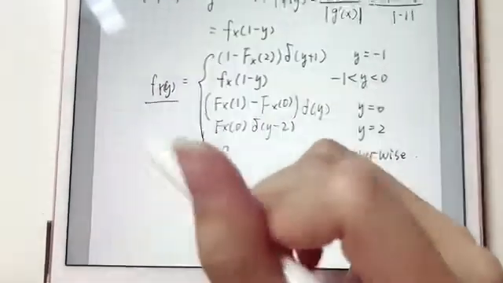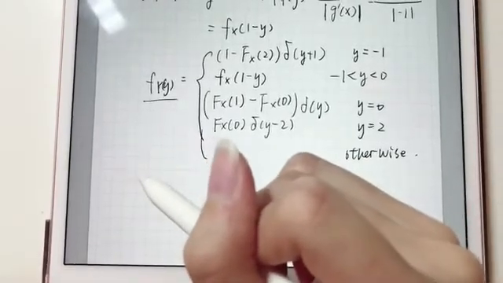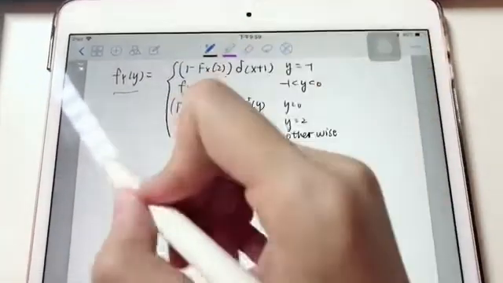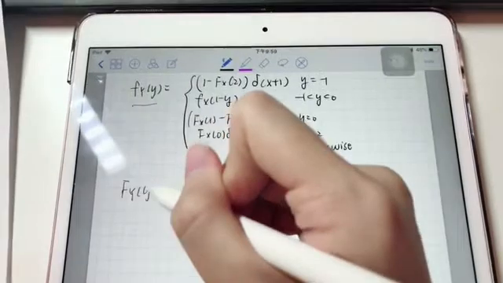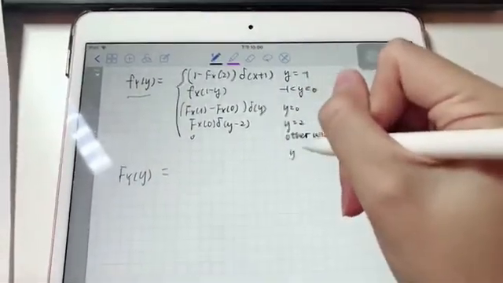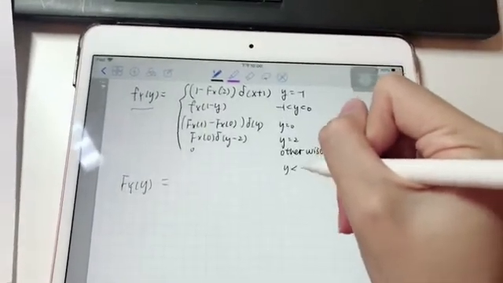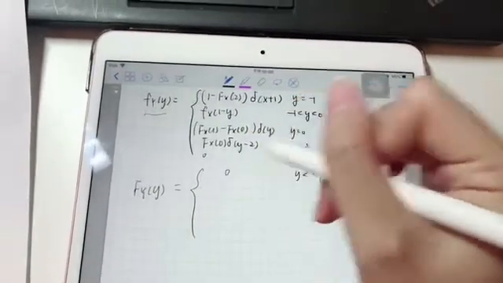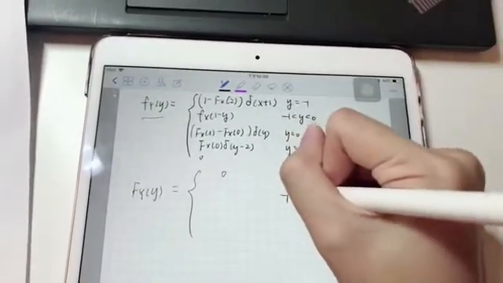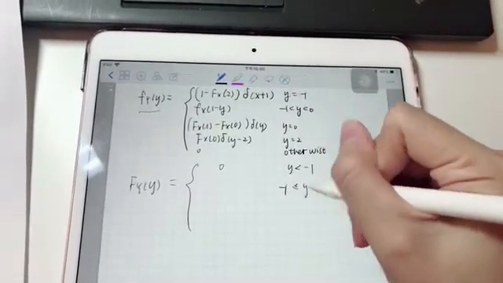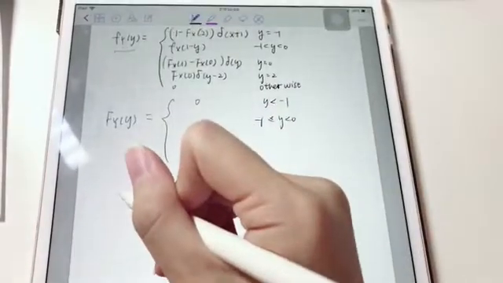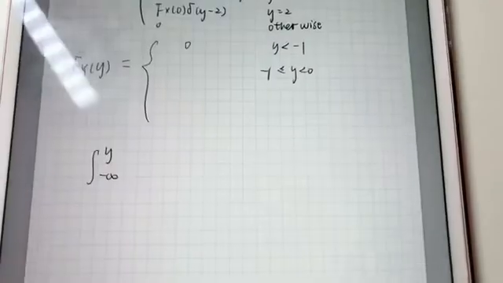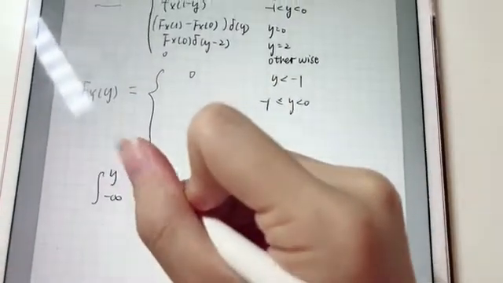Now let's go on to solve the expression of large F_Y(y). Now we have got the expression of f_Y(y). We need to find out large F_Y(y). When y is smaller than -1, we can easily get that large F_Y(y) will equal 0. When y is between -1 to 0, we can get the large F_Y(y) by integrating small f_Y(y)